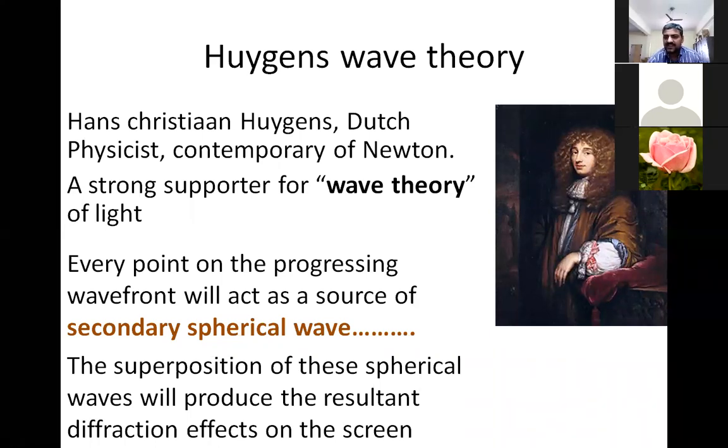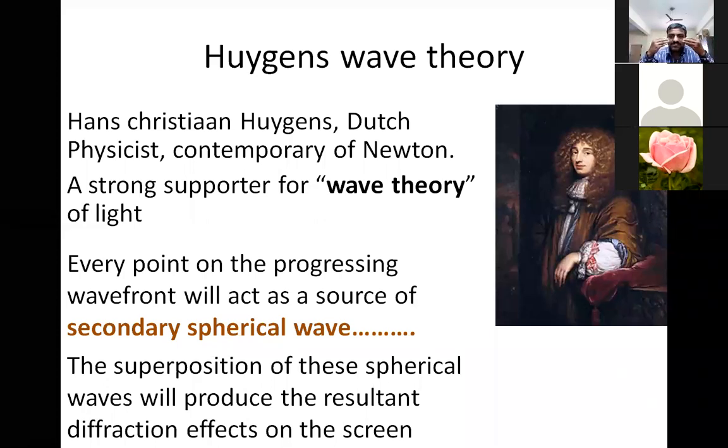that can be decided on the basis of Huygens principle, which simply says that every point on the progressing wavefront. Here, progressing wavefront means a wavefront which is moving towards a specific direction. From a point source, the light rays are emanating, right? Similarly, you are able to see my face, so the light rays are emitting from my face, right? So every light ray that is coming towards you from my face can be imagined as a wavefront, and on that particular wavefront, every infinitesimal point can be imagined as a secondary spherical wave.